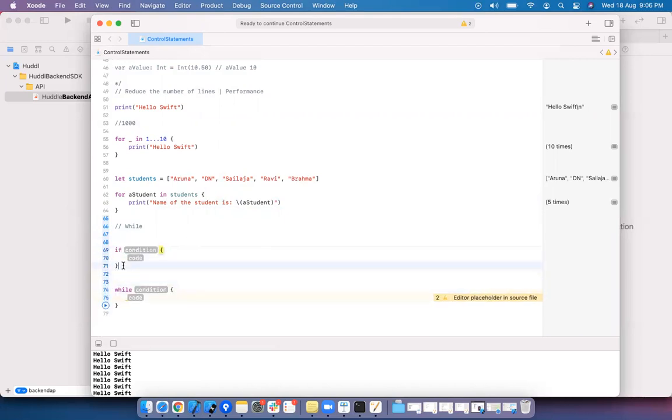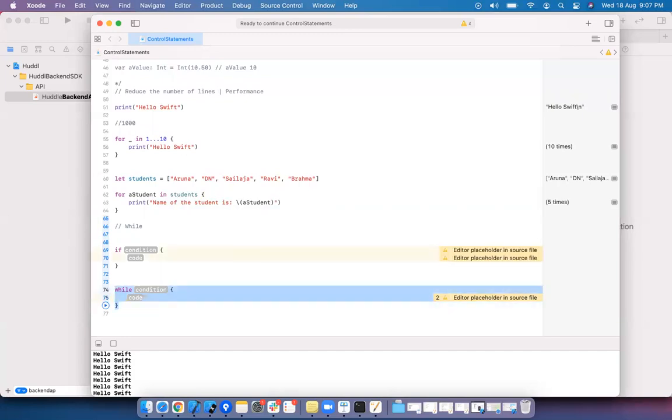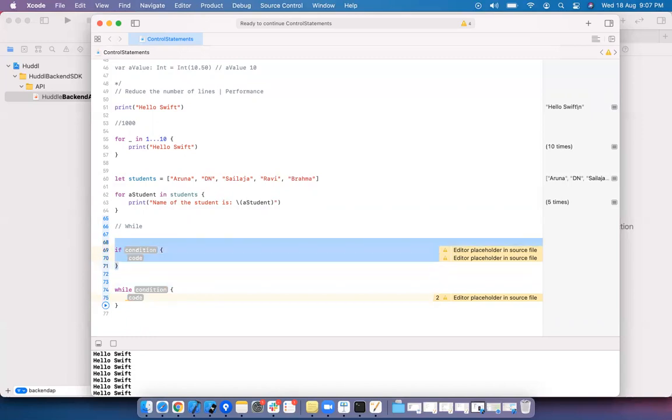But if executes only one time, while executes till the condition is true. If the execution starts from line number 1, 2, 3, 4, and so on to 69, if it is true, it executes line number 70. Else, it just comes back to 72 and starts executing the rest of the things.